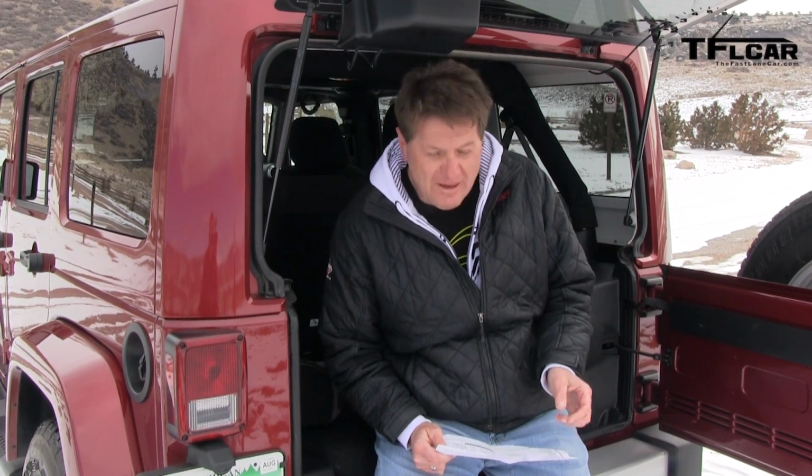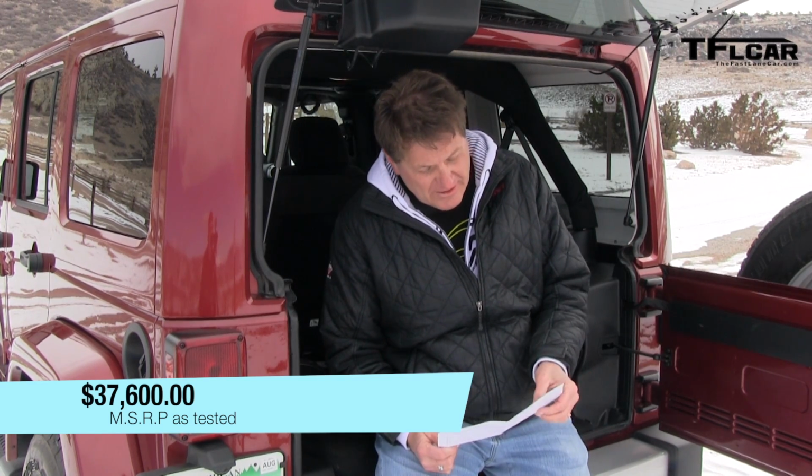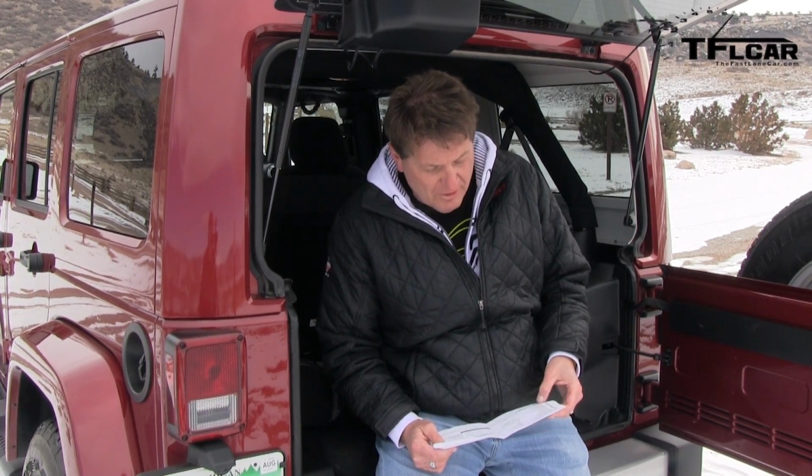Here's the ironic part about a Wrangler. Jeep can't build enough of these. They sell every single one they can make. And in fact, they're selling a lot more in Europe. But check this out. It retails for $31,000. But because the demand is so high, they've kind of taken the Porsche approach by adding so many crazy options